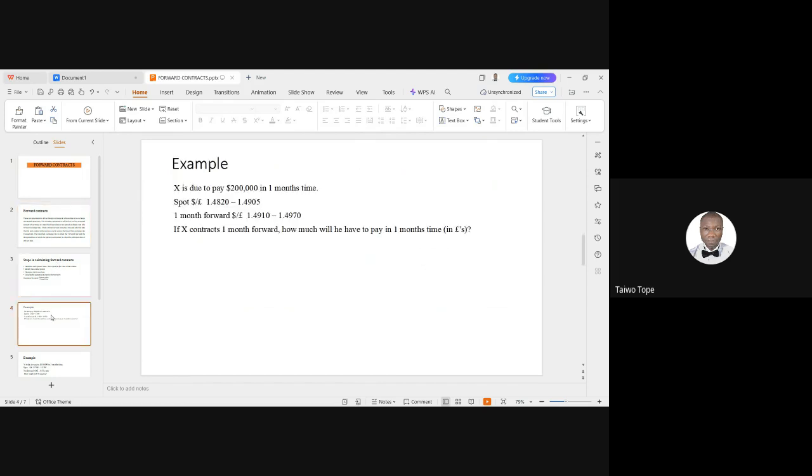Let's look at this example that X is due to pay $200,000 in 1 month's time. The spot rate is quoted dollar to pounds, which shows that £1 is equal to $1.4820, and £1 is equal to